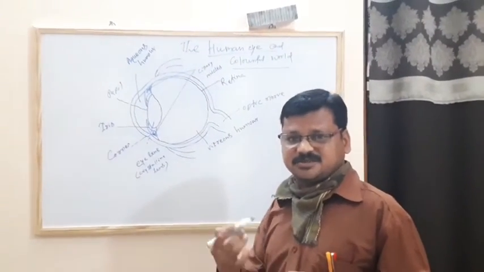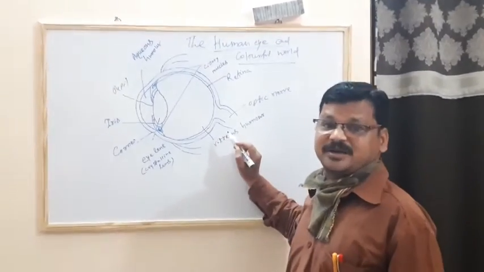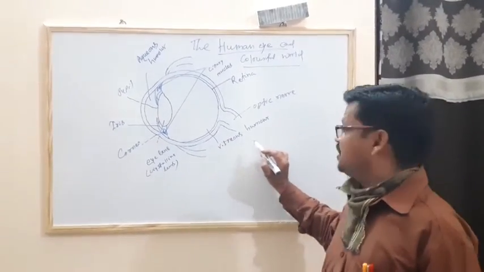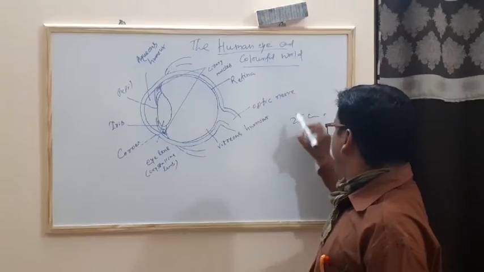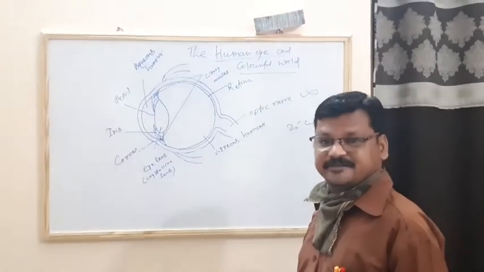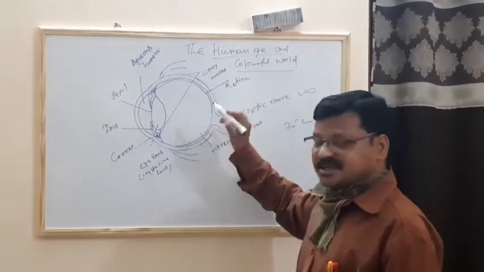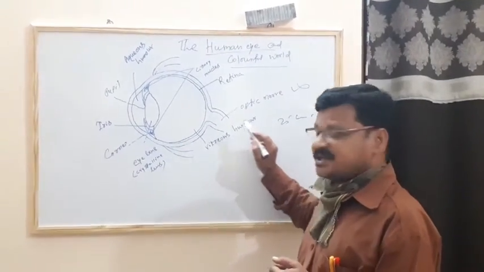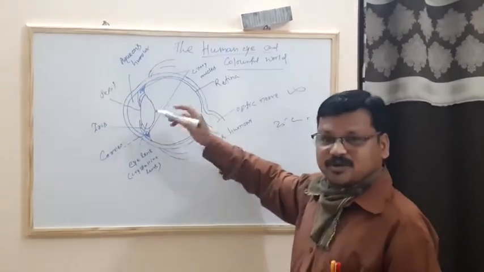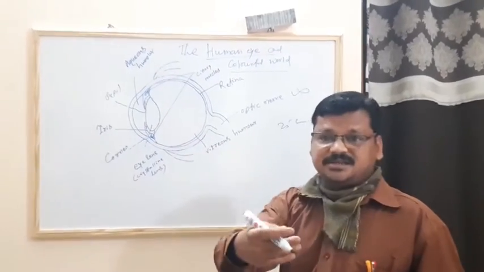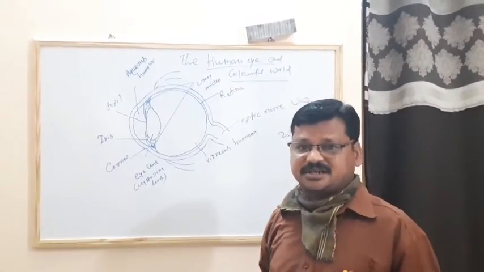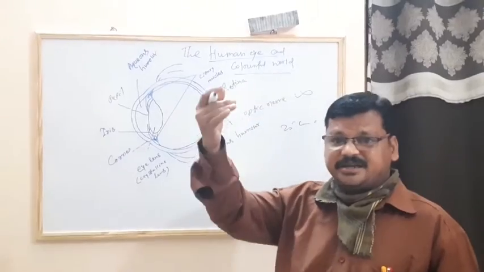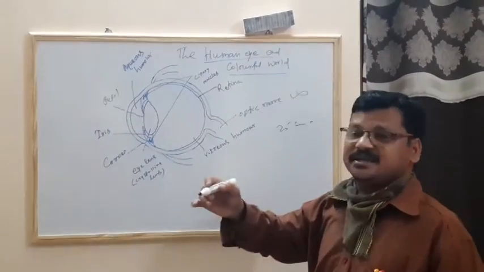That is our distance vision, and our near vision is 25 centimeters. That is called the near point. The near point is 25 centimeters and distance vision is infinity. So our vision is between 25 centimeters and infinity. When an object is near, at 25 centimeters, we see the object clearly, and if the object is at infinity, we can also see it clearly.